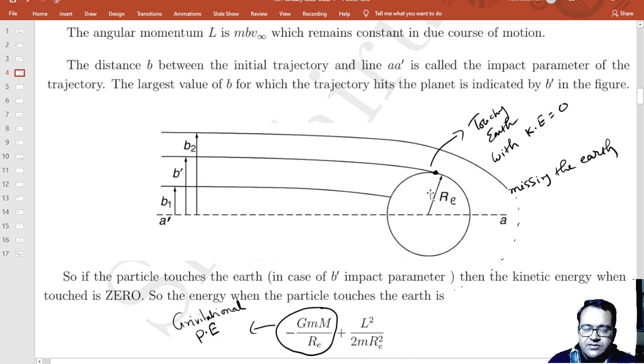We already discussed this two or three times in our previous problems. So this energy will be there. This is due to the rotational velocity, due to the centrifugal forces. So this will always be there. So as a whole, this is the effective